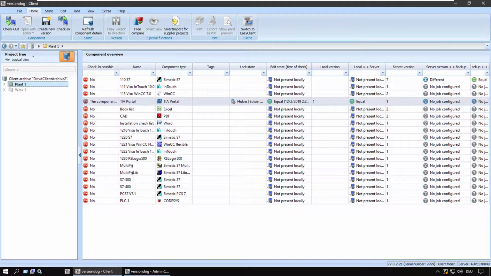Right, so before we get into these settings, I'd just like to look at the usual situation. When I open up the client archive and I select plant 1, I can see a summary of the components, and in the lock state column you see that one is locked by Huber. I'm signed in here as Maya. Okay, so if I go to that component,